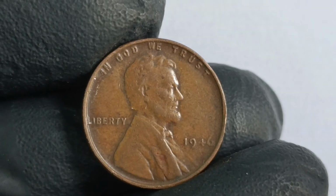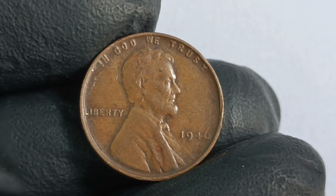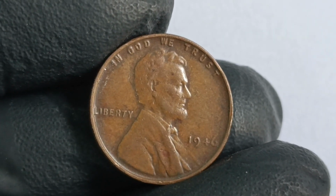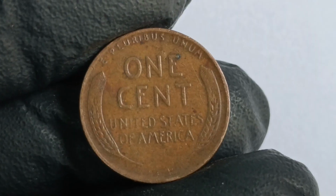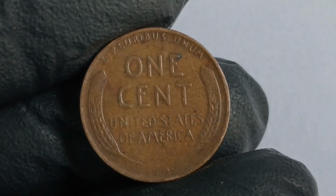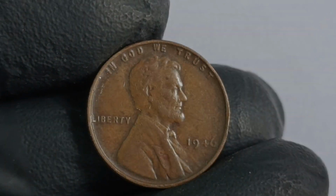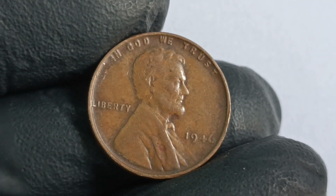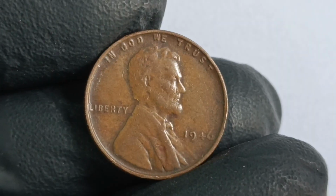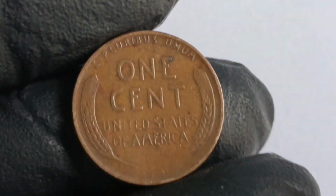In some cases, the doubling is so minor it's considered mechanical or machine doubling, which doesn't add much value, but in others, the doubling is part of the actual die design, a genuine DDO or DDR, which can skyrocket prices when properly attributed. Another fascinating 1946 anomaly involves the repunched mint marks, RPMs, found on coins from the Denver and